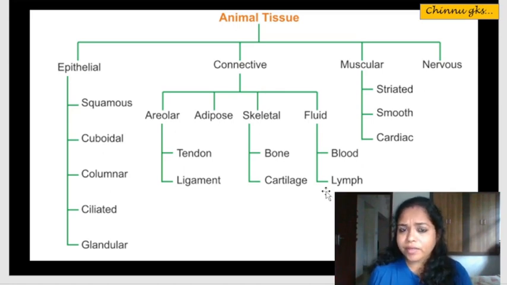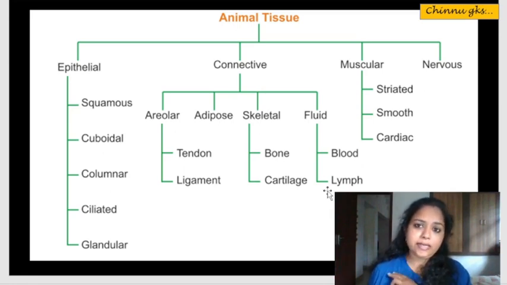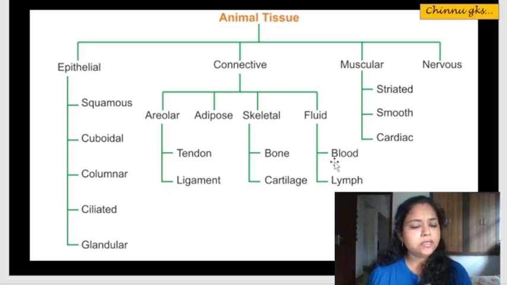So whenever our body is in danger, whenever we are having an infection, you can see some swellings taking place in our body. These swellings are actually lymph node swellings, infection swellings. So lymph is a derivative from the blood. Since it's not there in the NCERT, I have not included it in the slide, but you must be knowing about it. So we have two different types of connective tissue. One is the blood and the second one is lymph. Remember, lymph is a derivative from the blood which is lacking RBC. That's why it is pale yellow in color.